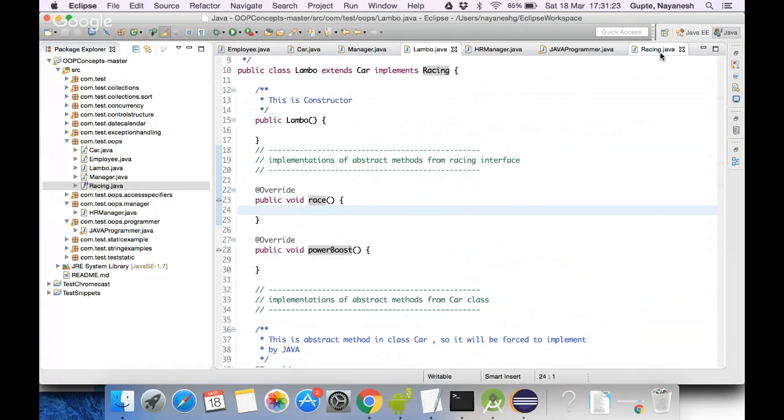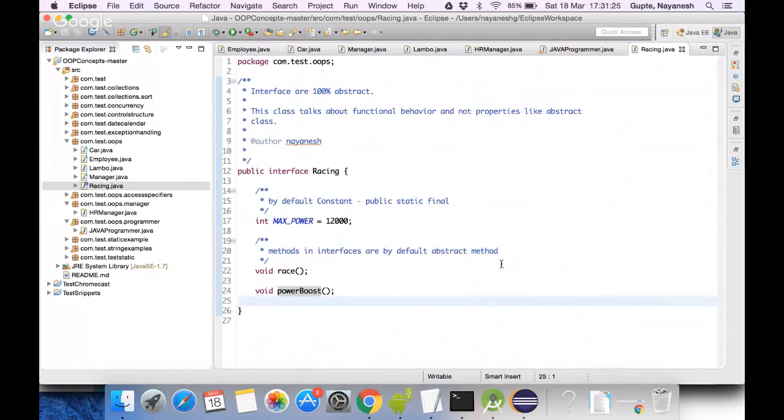So do one thing, go to your Racing interface and say that I have a new functionality called X, and I want to add that functionality X here. I don't care who is implementing this. I just say that whoever is taking part in this racing, for them I'm going to have an extra functionality X. Now you try to compile or run the program. What is going to happen is, the moment you declare an additional method inside your Racing interface,